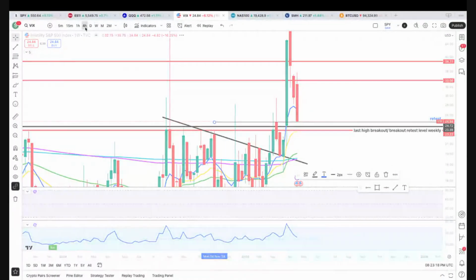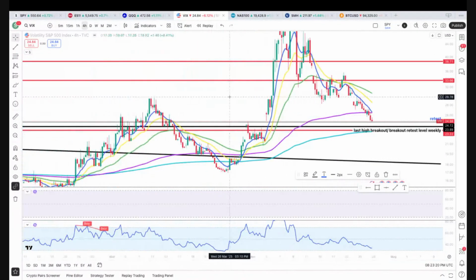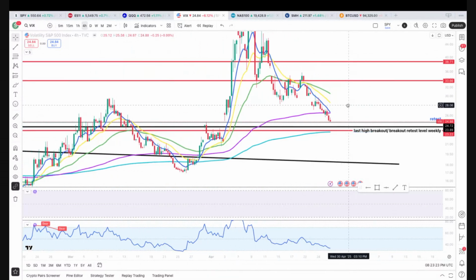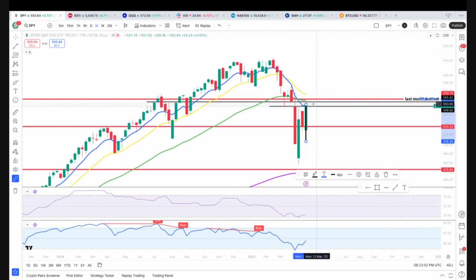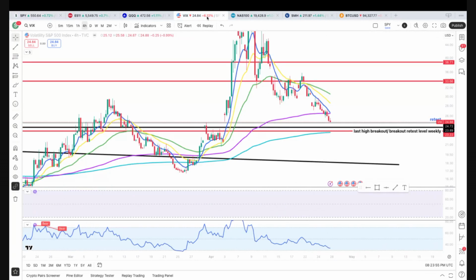Let's take a look and see where our RSI is on the 4-hour. We're at the 200 and the 400 EMAs on the 4-hour, and our RSI is pretty oversold on the 4-hour too. So look at what happened last time the RSI was oversold on the 4-hour. This is the last time the RSI was oversold on the 4-hour. And here we are at a retest level on the weekly with our RSI getting back to those oversold levels, almost at the 200 EMA. And SPY is at the weekly retest level. So now